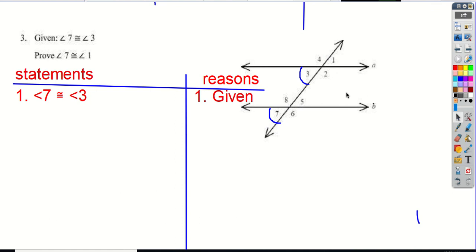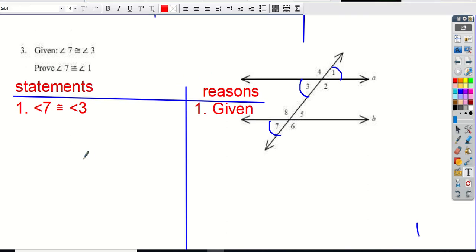Okay, so what we noticed was that 3 and 1 are vertical, and if all three angles are equal to each other, then 7 has to equal 1. So here's how we're going to write it down. We're going to do that step first. So for step 2, we're going to put down angle 3 is equal to angle 1, and the reason's going to be,